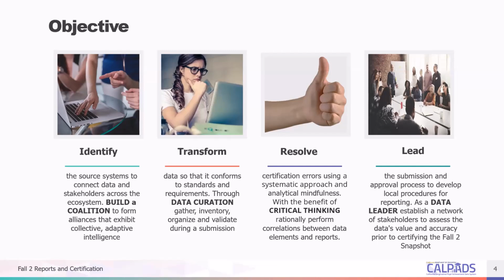This is probably the single most important skill when doing CALPADS work, submitting data to CALPADS, reviewing CALPADS reports. Ultimately, you'll be expected to lead the submission and the approval process to develop local procedures for your LEA. All CALPADS coordinators eventually become data leaders. You have access to all the information that's coming into CALPADS. You must draw connections to the data as it exits CALPADS and is used. You will be in prime position to connect stakeholders and evaluate the data for accuracy.